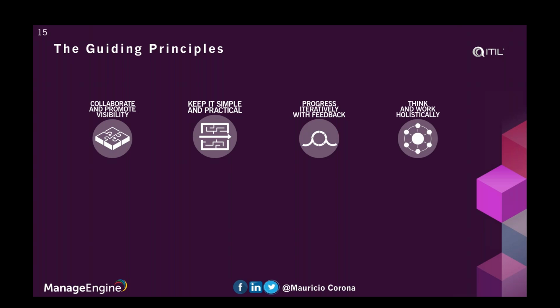The fourth one is think and work holistically. Please involve every single aspect on your teams. That's why the 4 dimensions will help us. And the 5th one that I was just telling you is try to optimize and automate. Please, first of all, optimize. Remember, garbage in, garbage out. So I need to optimize and then automate the stuff.